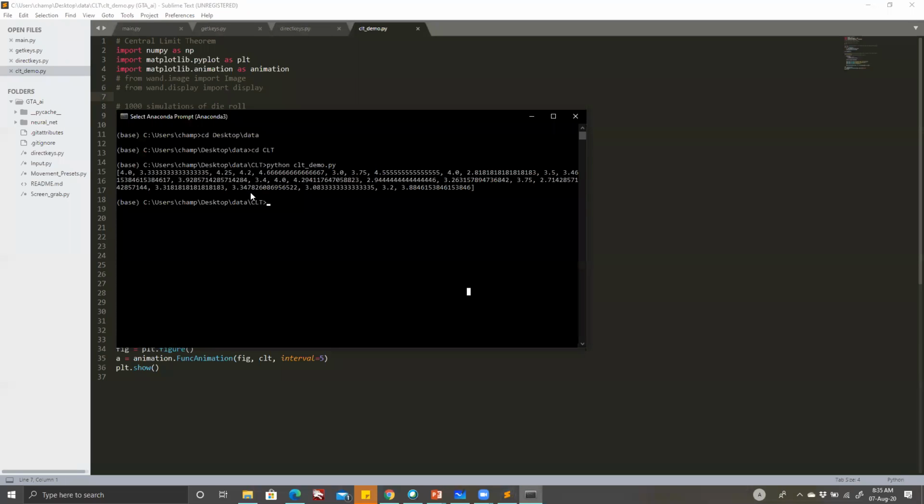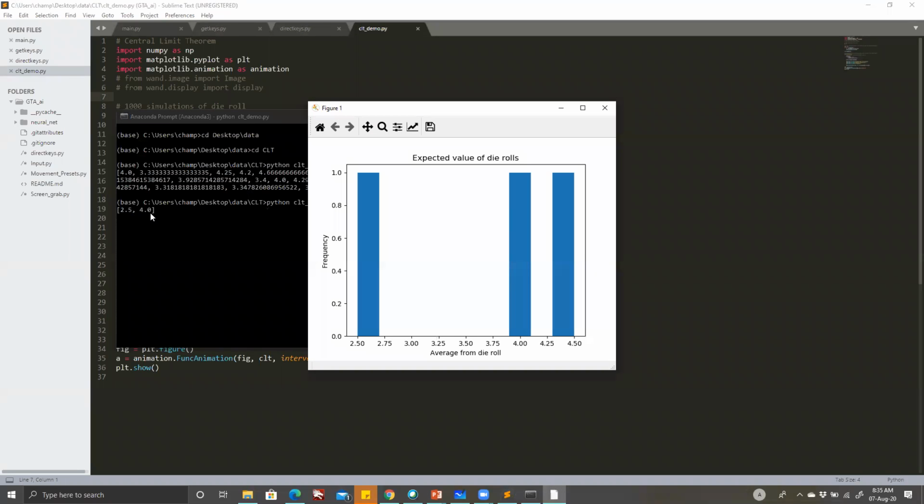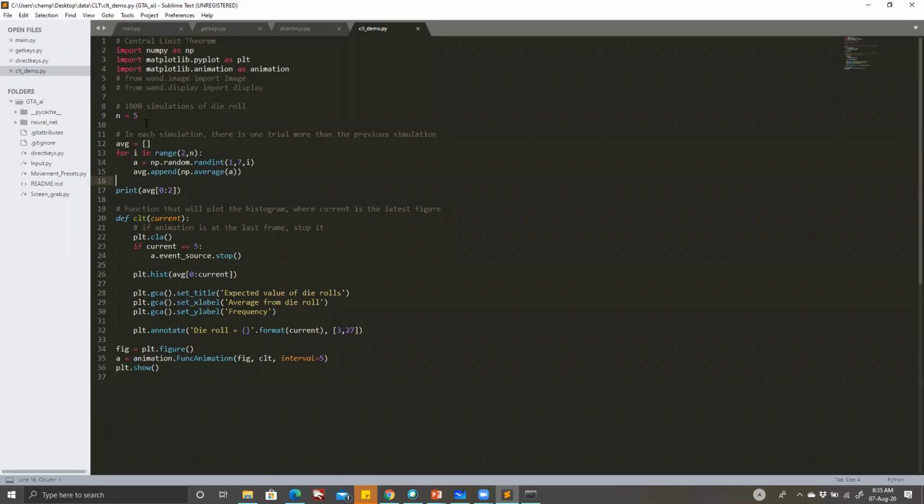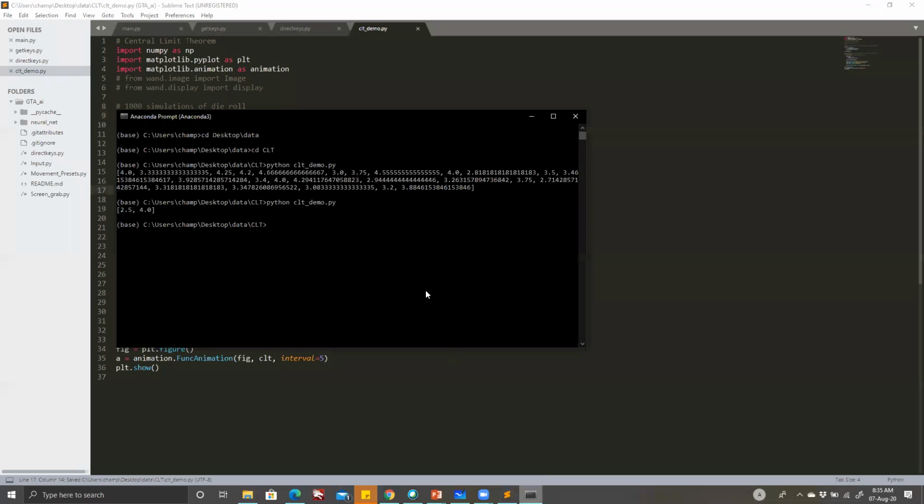Let's say we will get some averages, like 2.5, 4.0, that you observe. See, the initial observation is that it is all over the place. Maybe I will do it with 10 simulations now, minimum 10 runs, so it should go till, let's say, 5. Okay. Always make sure to save the file first, otherwise the previous results will come back.